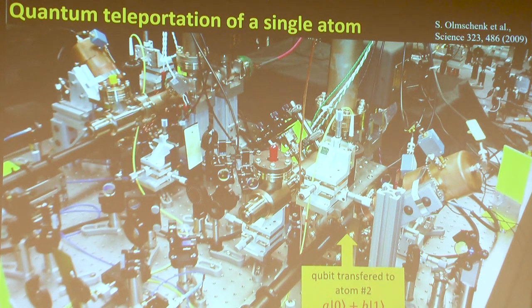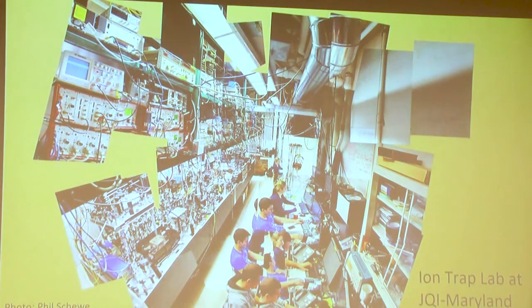We could also move it by just brute force moving the whole vacuum chamber over, hopefully quickly before magnetic noise takes over. But we can do it using this probabilistic protocol as well. And that's a good way to move information around in this networked quantum computer we're thinking about.